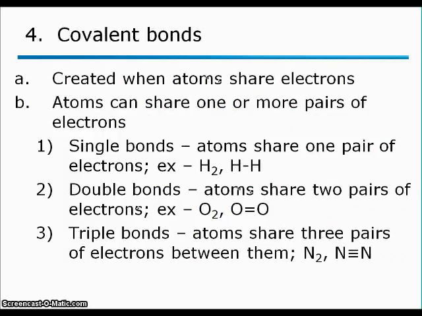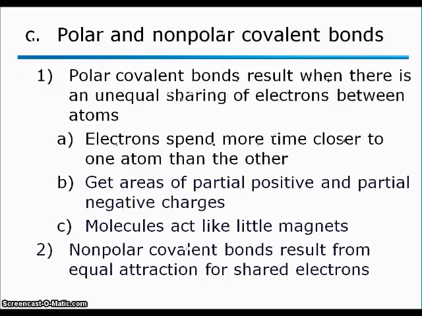Covalent bonds are when an atom, instead of sort of stealing an electron from another, will share it. And there's a couple different kinds. We have single, double, or triple bonds. And you can have polar and nonpolar covalent bonds. Polar would be when there's an unequal sharing of electrons. And I already mentioned